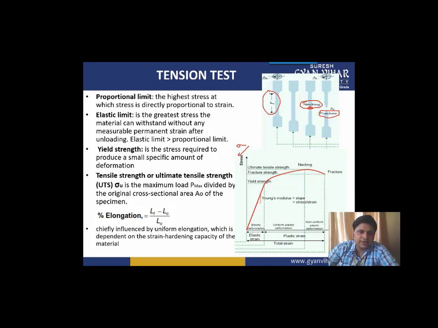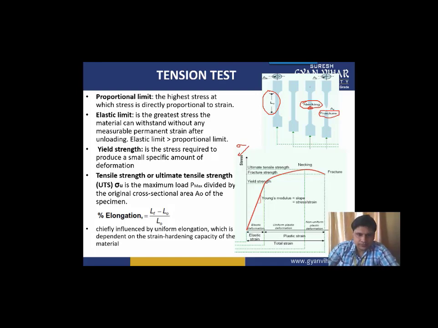This red graph you are seeing here shows the stress-strain curve of the material. If the material is ductile, you will get the complete graph. If the material is brittle, then this necking will not be there. The material will directly break into two pieces, because in brittle material there is no yielding involved. So what is this yielding? I am going to tell you.